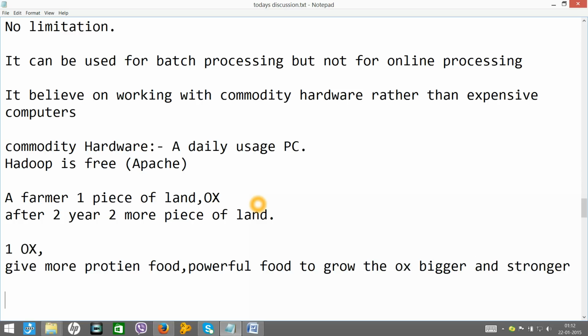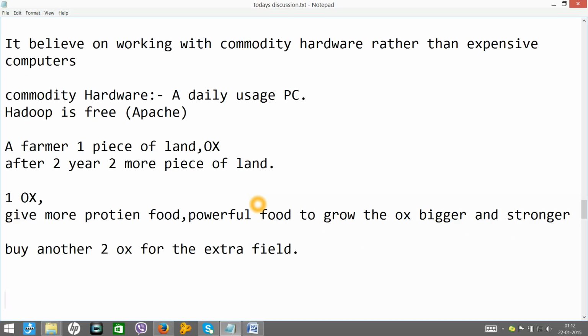Another approach would be to buy another 2 oxen for the extra field. Now the question is, which one will you choose if you were that farmer?